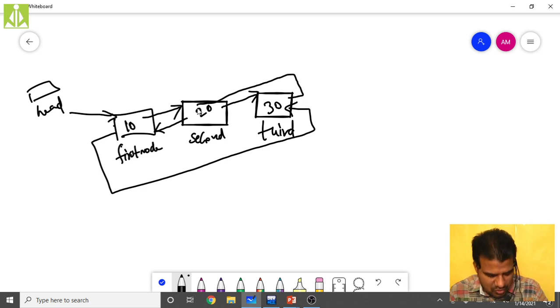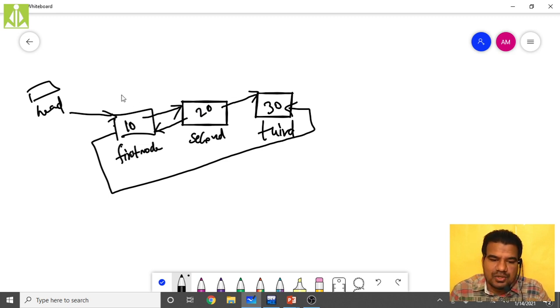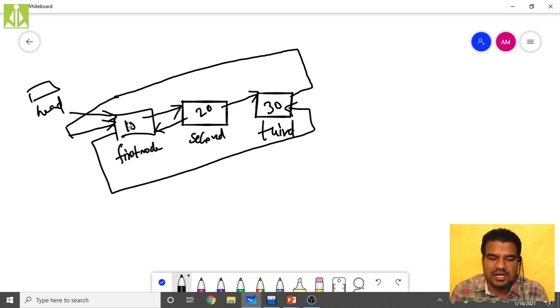It should go from here to here like this, and it should point to the first node. Then the third node's previous pointer should point to the second node.